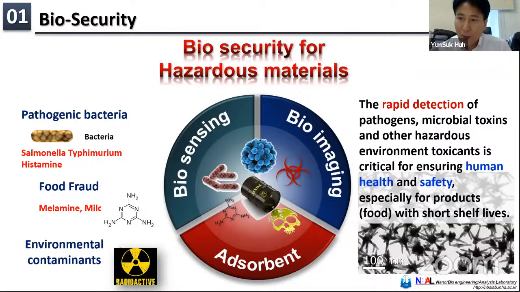I want to pose a simple question: what should we protect from, and how can we do it? In other words, what makes the food deteriorate? We have to consider the following three groups. First, how to detect the harmful substances when you are in the market or in your field. That's why we need portable point-of-care techniques for the monitoring and detection of harmful substances